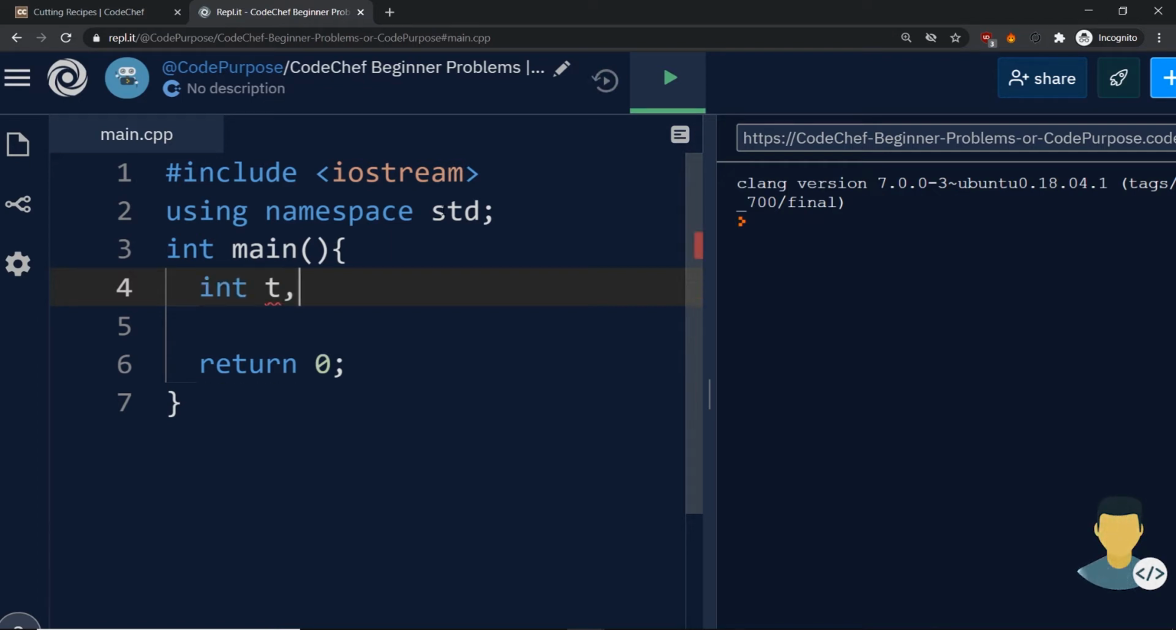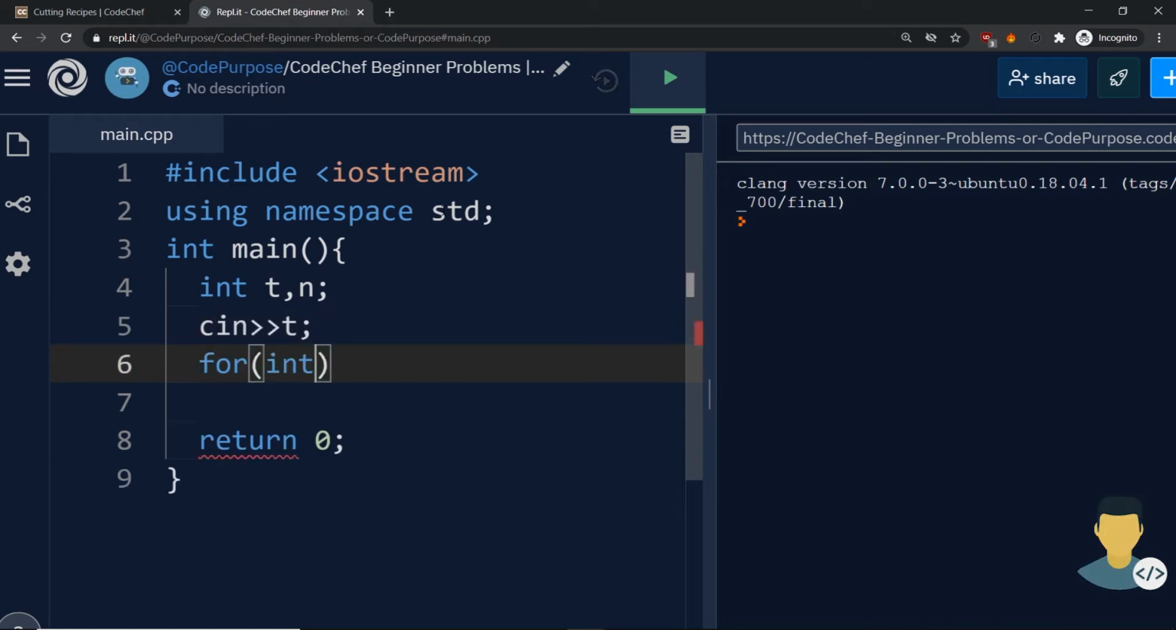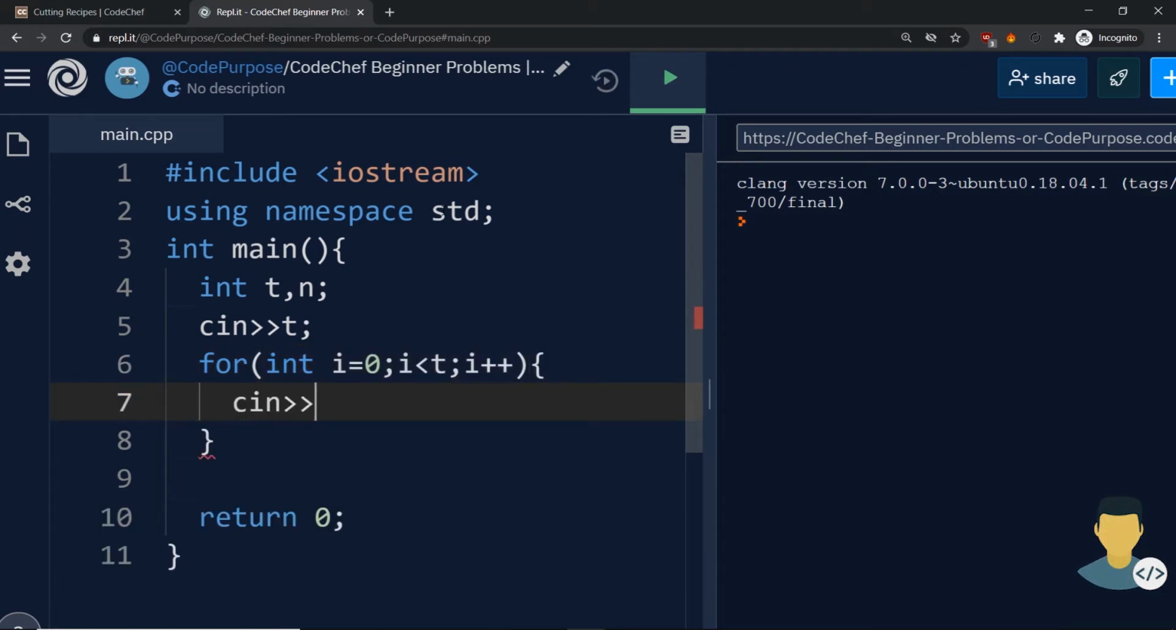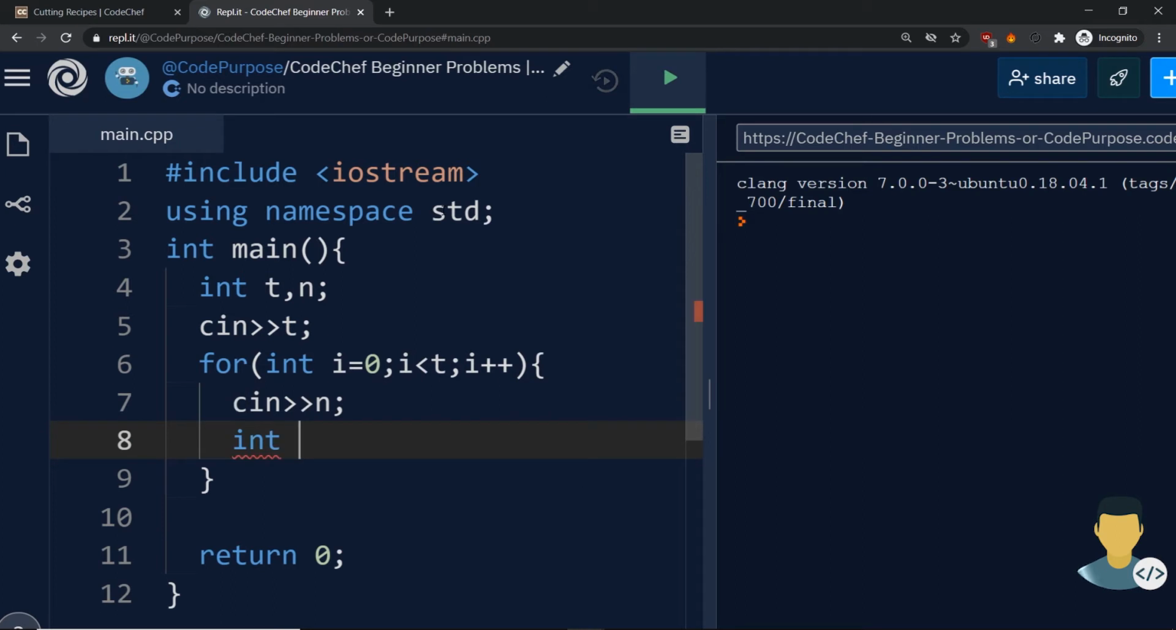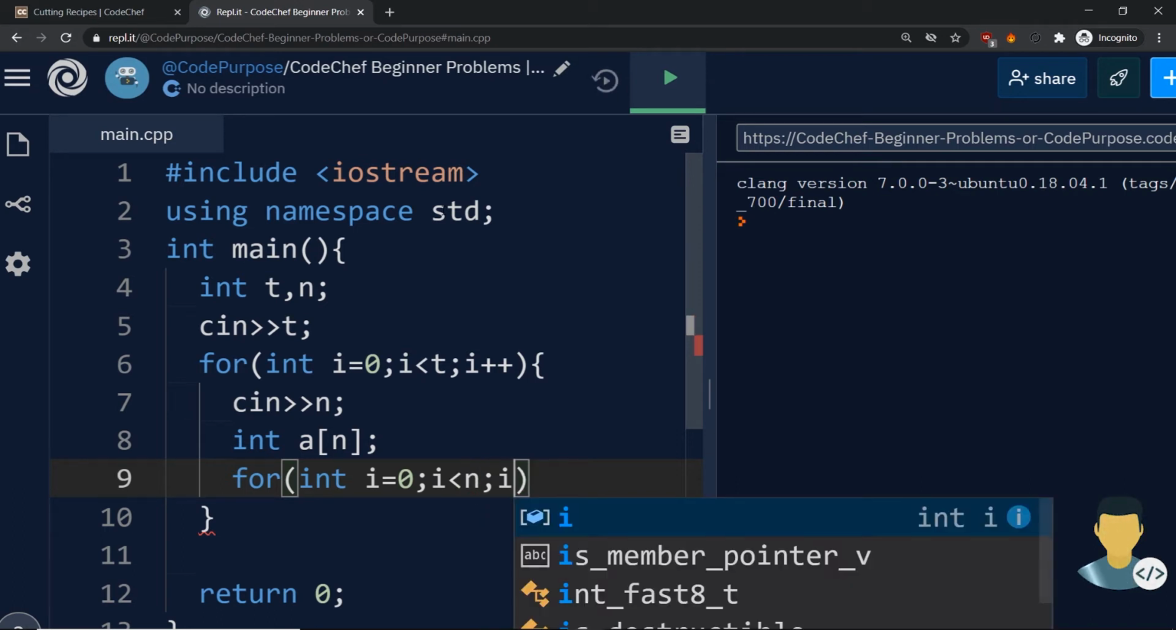Firstly, we need the number of test cases and the number of ingredients that are used in each test case. We read the number of test cases, we make the for cycle that iterates t times, as many test cases as we have, and at the beginning of each test case we read the number of ingredients in that recipe. So we declare an array of integer numbers with n elements, and for that array we are going to read